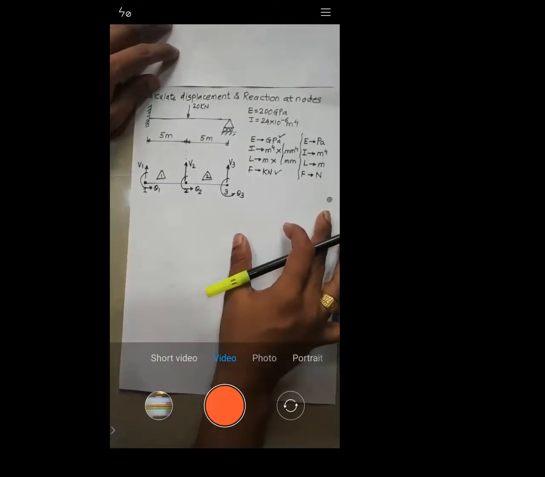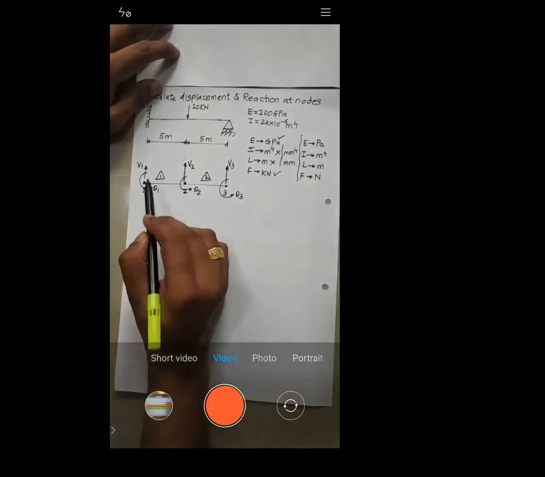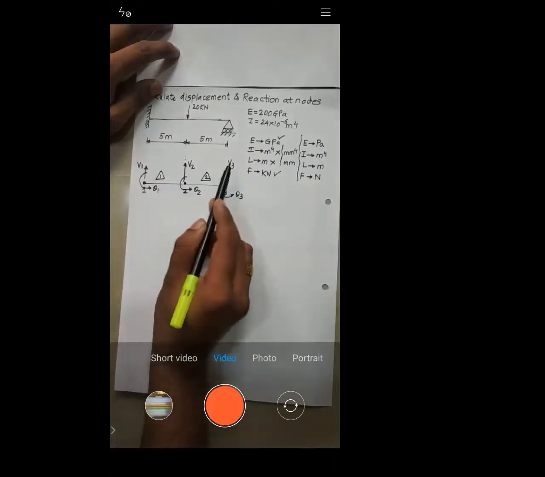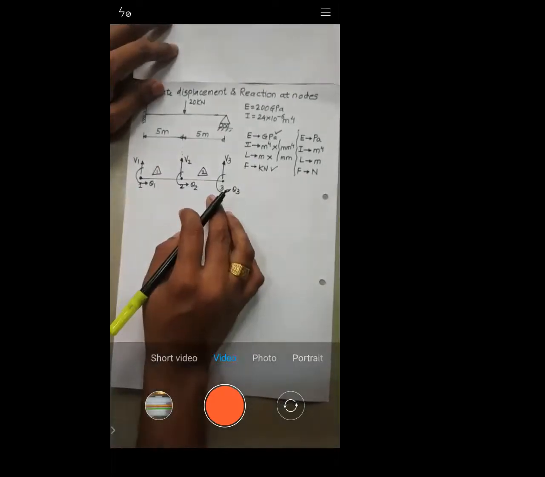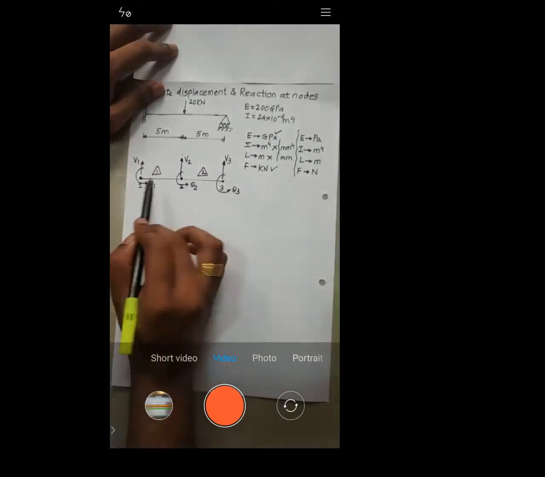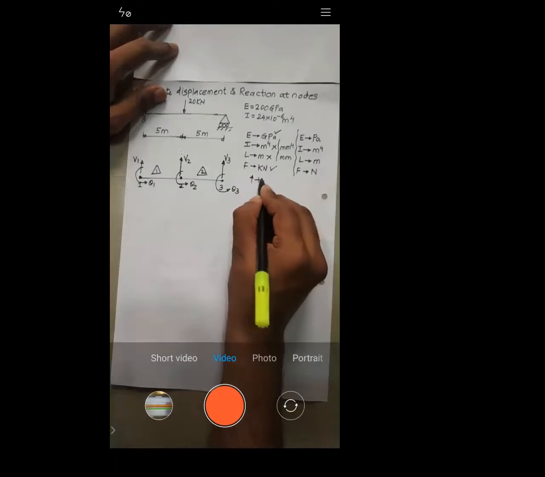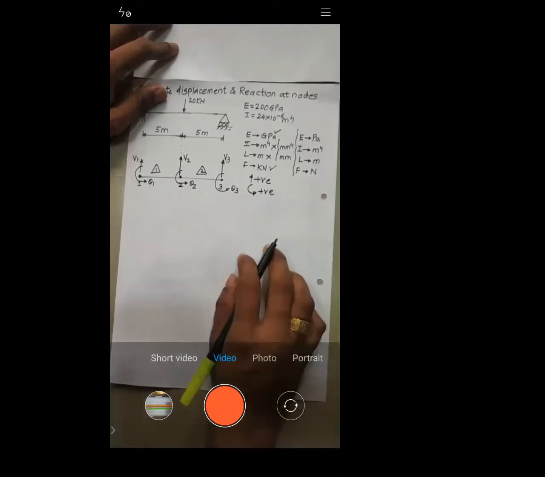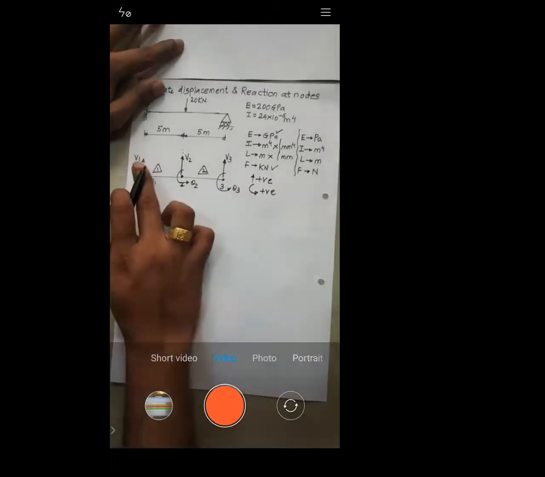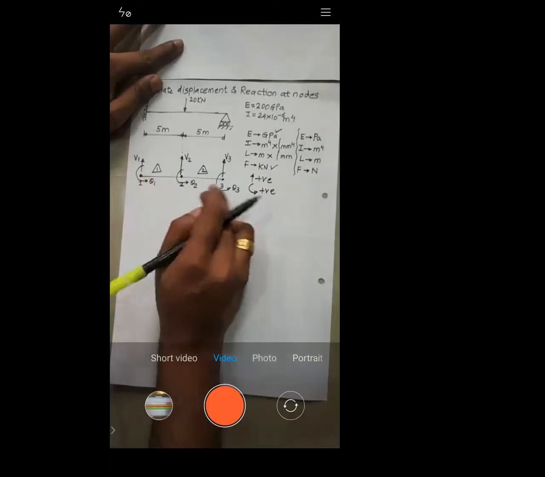Yes, sir. Clear. Now there is a question. Sir, why have you taken this displacement in y direction as upward? At the same time, you can ask me, sir, why have you taken movement about z axis, that is theta 1, theta 2, and theta 3, in anti-clockwise direction only? So here I'm assuming that upward is a positive value, as well as anti-clockwise is again a positive value. Let me clarify, this is an assumption. v1, v2, v3 are upward. Theta 1, theta 2, theta 3 are in anti-clockwise direction.